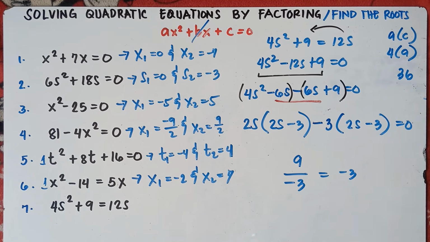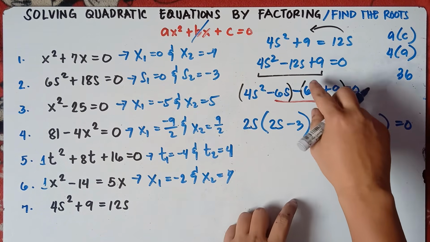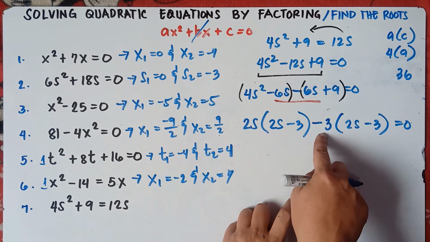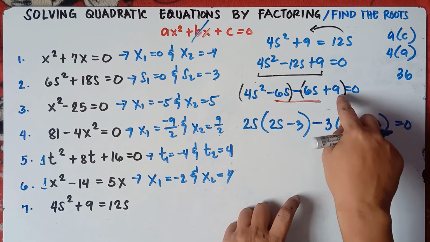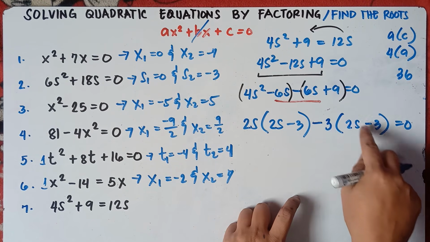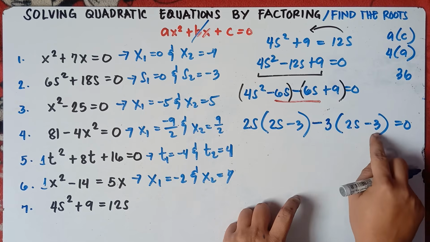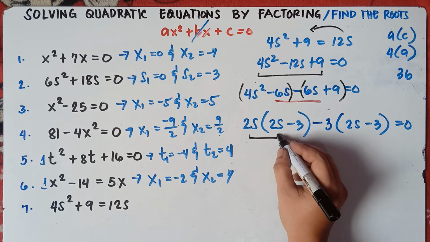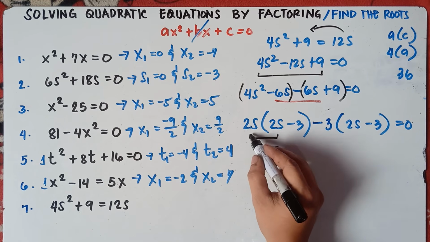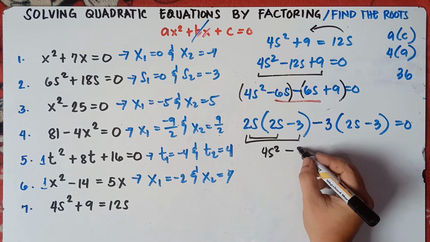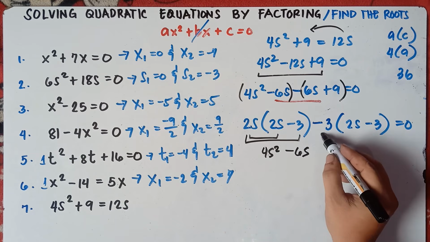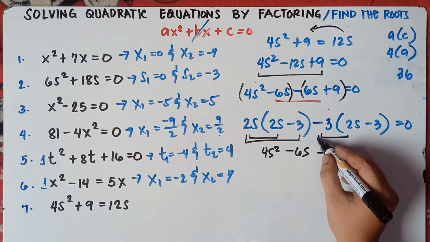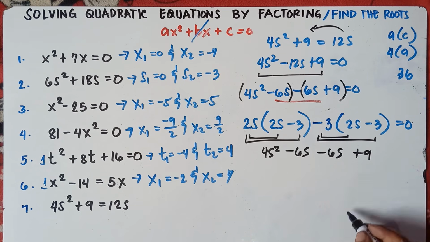Then equals 0. If you check this one, class, once again we divide negative 6s by negative 3, that's positive 2s, and positive 9 divided by negative 3, that's negative 3. If you check this by the distributive property, 2s times 2s is 4s squared. 2s times negative 3 is negative 6s. Negative 3 times positive 2s is negative 6s. Negative 3 times negative 3 is positive 9, equals 0.